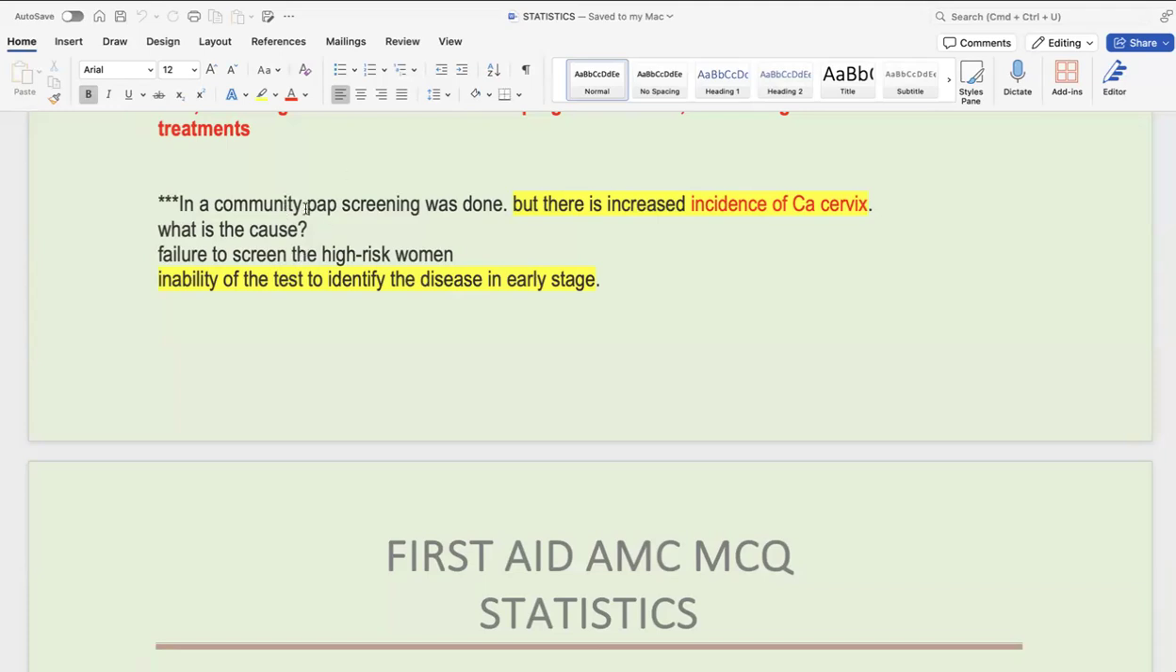In a community, people are taking the pap smear, but there is an increased incidence of carcinoma cervix. What does it mean? Failure to screen the high-risk women, or inability of the test to identify the disease in the